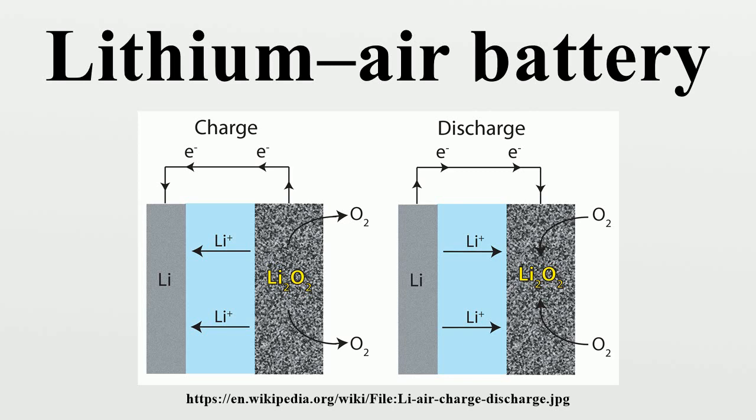In a cell with an aqueous electrolyte, the reduction at the cathode can also produce lithium hydroxide. Acidic electrolyte: 2Li + 1/2 O2 + 2H+ → 2Li+ + H2O. A conjugate base is involved in the reaction. The theoretical maximal Li-air cell specific energy and energy density is 1400 Wh per kilogram and 1680 Wh